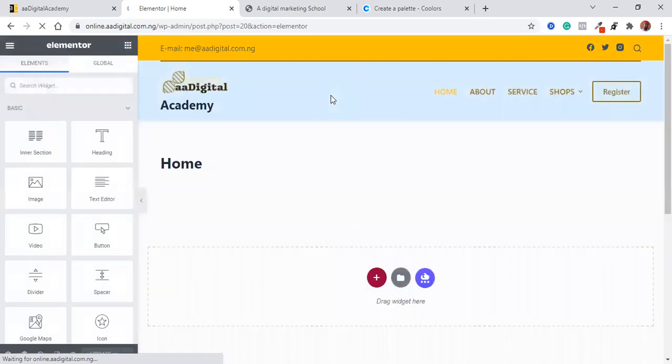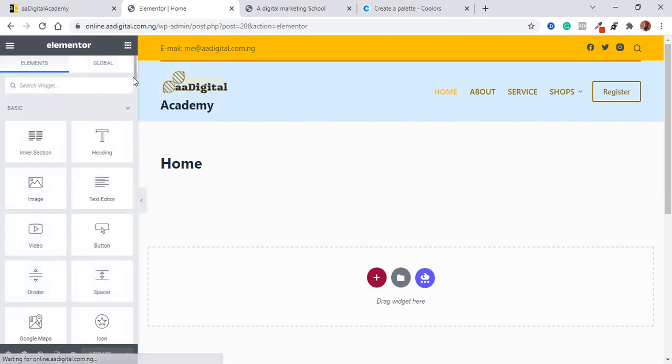It's loading now. So what we're going to do now is design our home with Elementor. Now, this is what Elementor is all about. These are the Elementor widgets. We have what we call the inner section, the heading, image, text editor, video, button,